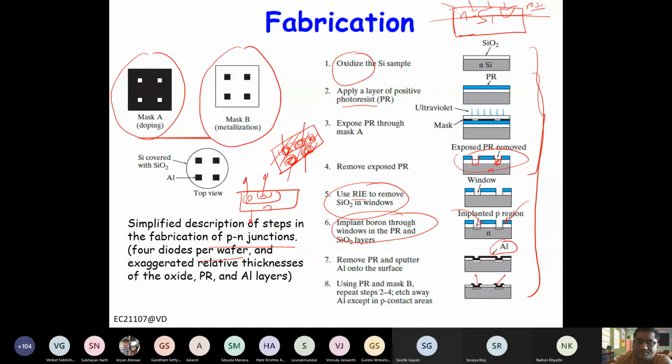And of course, these complex processes are basically automated, right? Because especially for the mask, we need alignment. If you use the first mask and second mask and they are not aligned, then there will be an issue, right? So this alignment has to be very precise. So let us discuss these steps one by one. Any question? No? Okay.